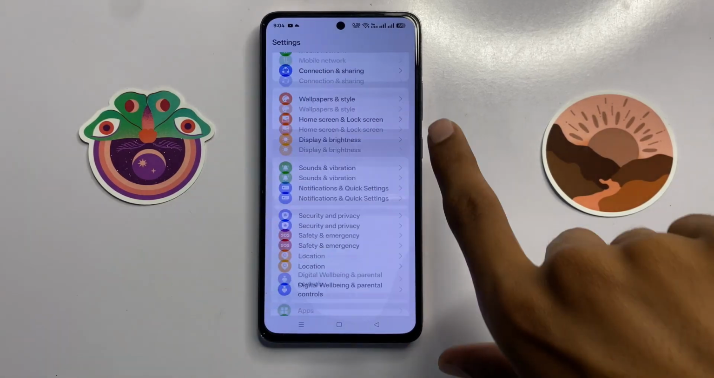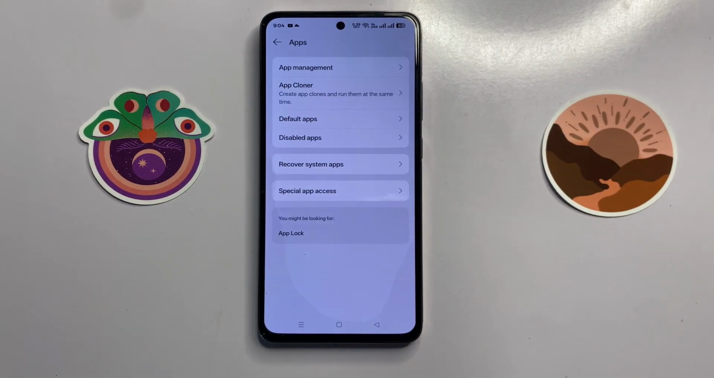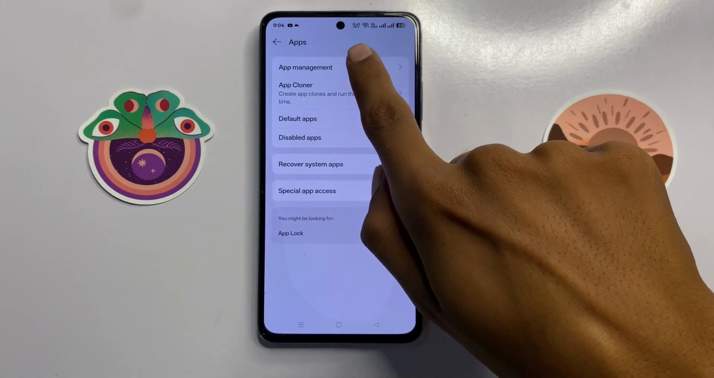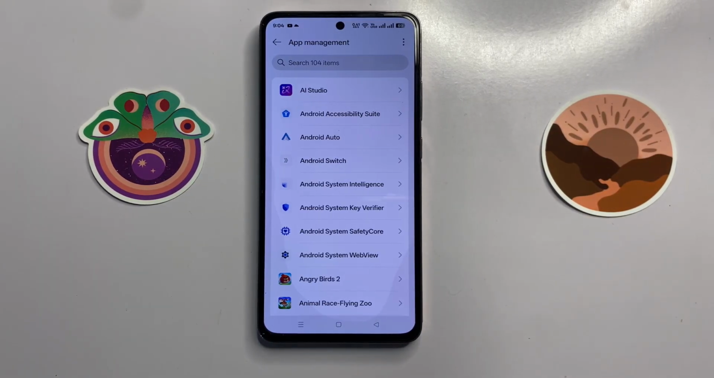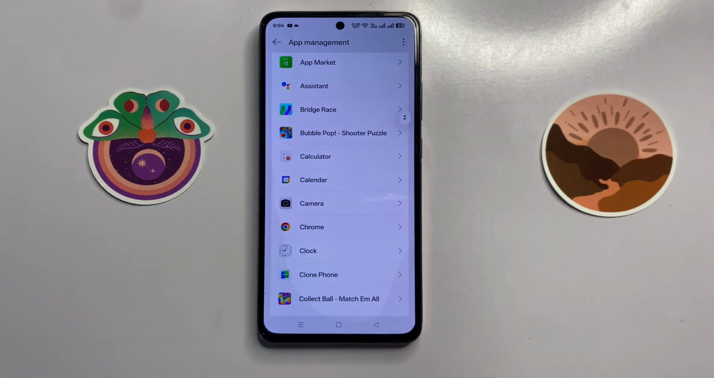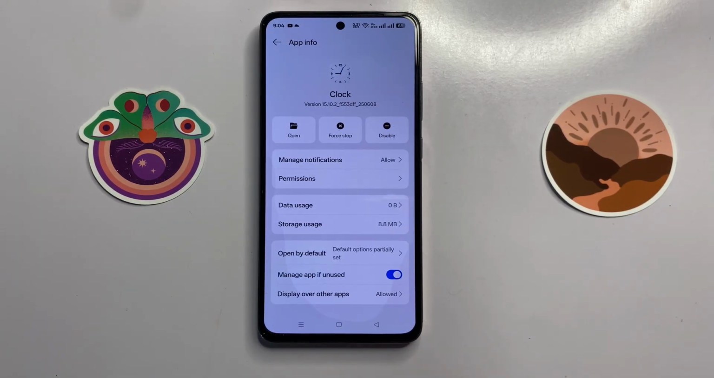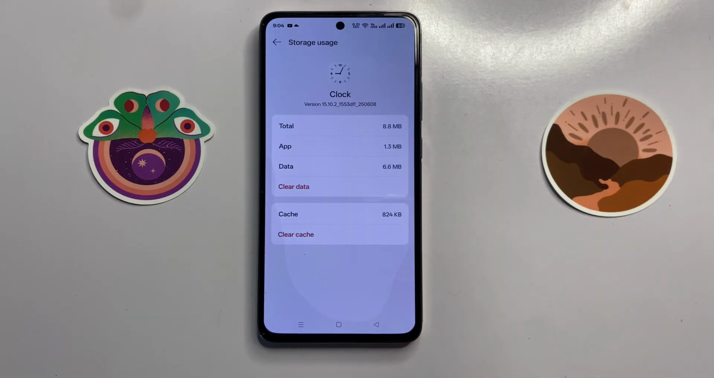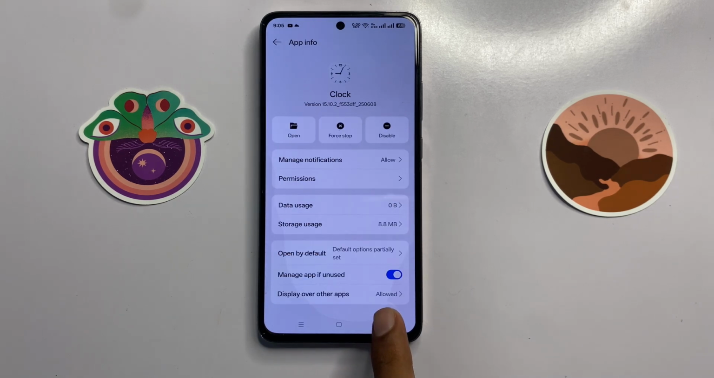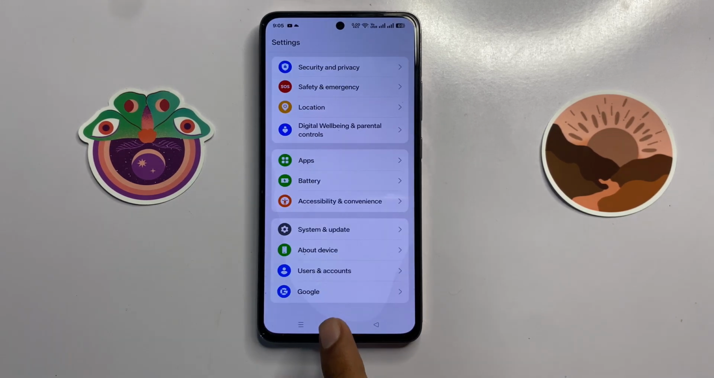In settings, scroll down and click on apps and then click on app management. Now scroll down and here you can see the option clock. Now click on clock and then click on storage usage. Now here you can clear the data and cache memory of clock. After clearing data and cache memory, go back to the main page of your settings and click on system